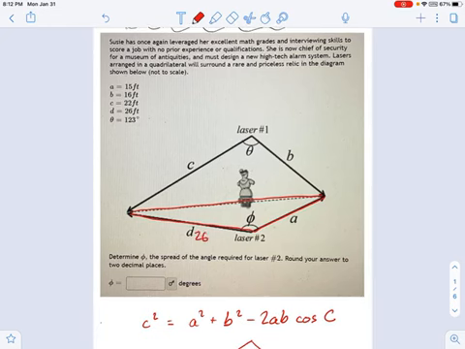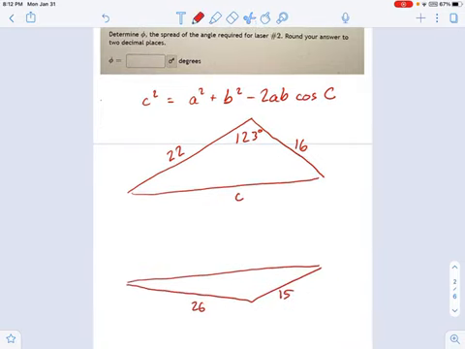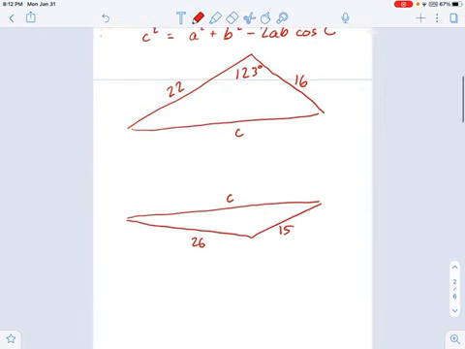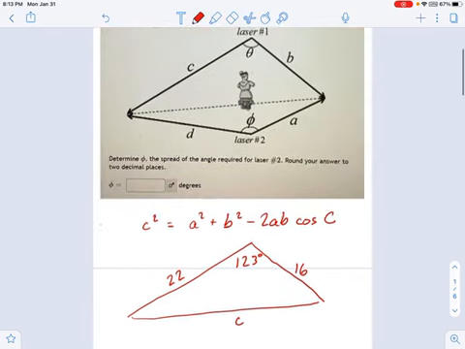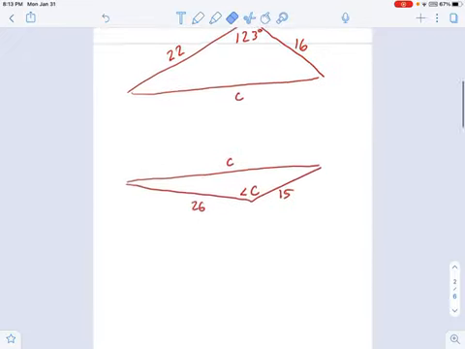This one's 26. A over here, that's 15. And I would love to know that angle. That's what we're trying to find now. Okay, so now I have this triangle where you know what C is. You just calculated that in the last step. So we're going to use this information to find my angle C. And notice my angle C in this lower triangle has nothing to do with the angle C in the upper triangle, right? The angle C in the upper triangle, according to those labels, is over here. Who cares about those? We're making our labels as we go here.